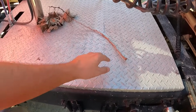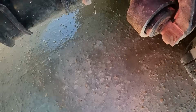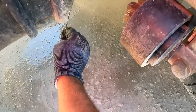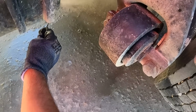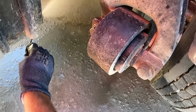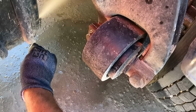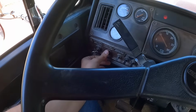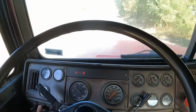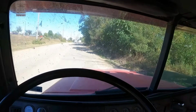Hey, hey. I don't know what the heck that thing came from, but it's been here for a while. Ooh, there's some water in this one. Wow, a lot of water. I drained that tank, there's nothing. I don't know what that does, but that's got a lot of water in it. Well, ready to start moving, I guess, but I still got easily another hour till I'm on my way